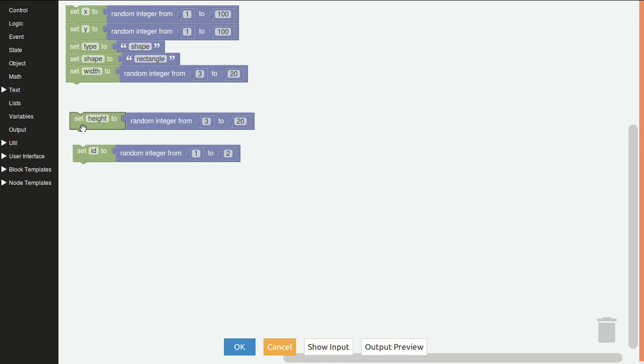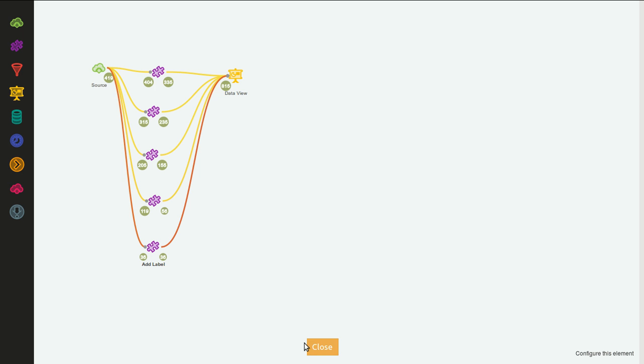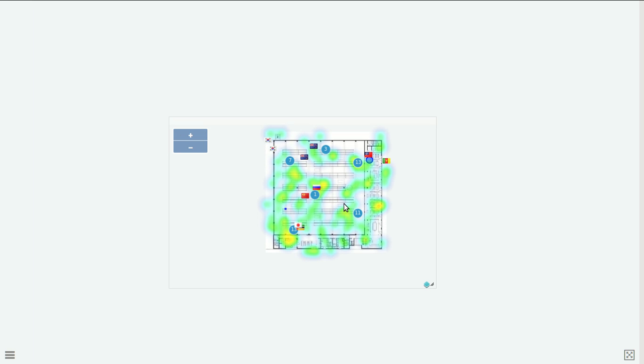Oops. Insert this one to radius and circle. This should be it. Let's say a little bit bigger. And now we have a circle over there moving around